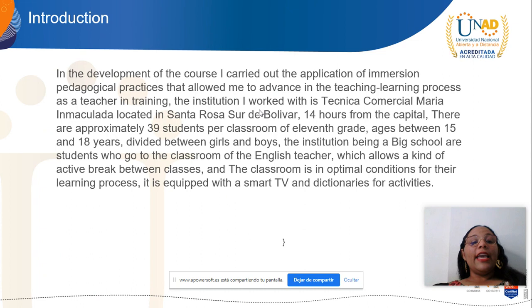Introduction. In this development of the school, I carried out the application of an immersion pedagogical practice that allowed me an advance in a teacher learning process as a teacher in training. The institution I worked with was the Técnica Comercial María Inmaculada, located in Santa Rosa del Sur de Bolívar, 40 hours from the capital. There are approximately 39 students per classroom of 11th grade, aged between 15 and 80 years, divided